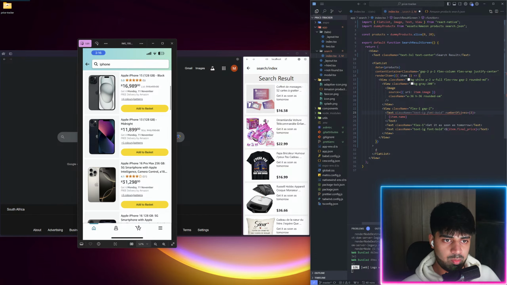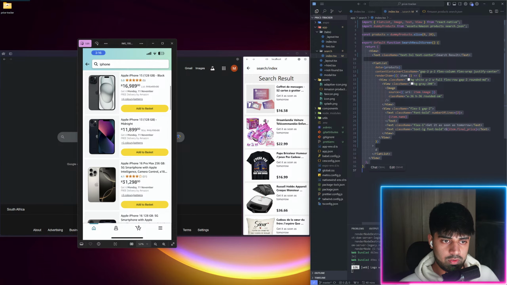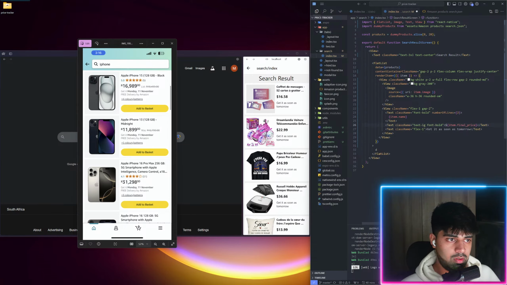Actually, I'm gonna make it bold, the top. So I'm gonna call this font-bold. So it's looking pretty similar. The price goes below that, so I'm just gonna move this up. Don't know how to move it to the top. Just gonna copy, delete. Okay, so